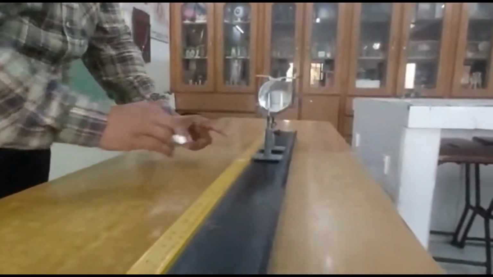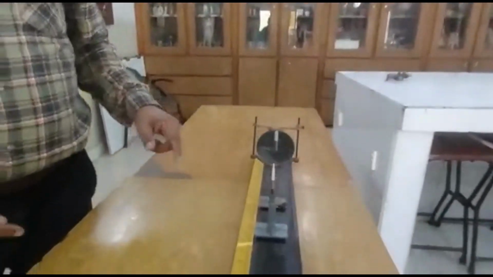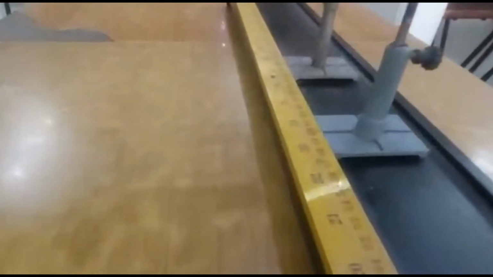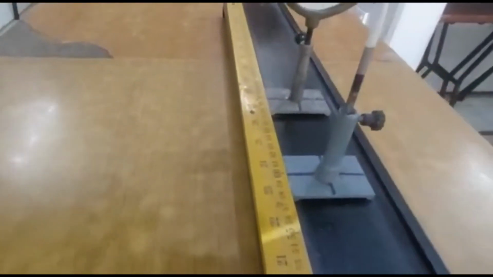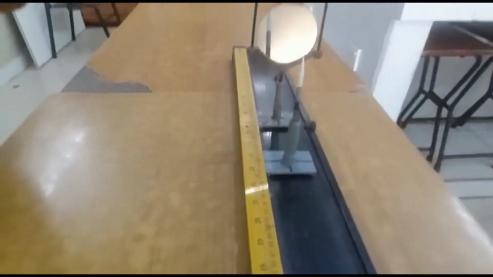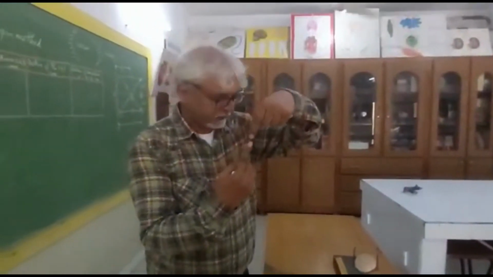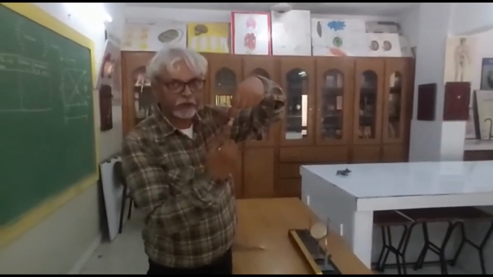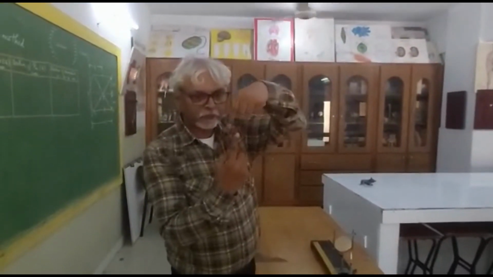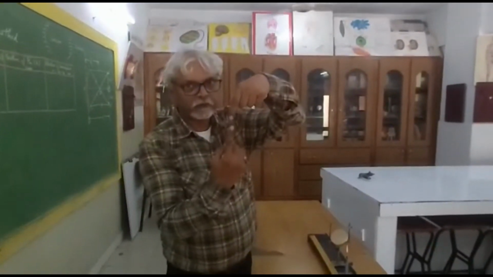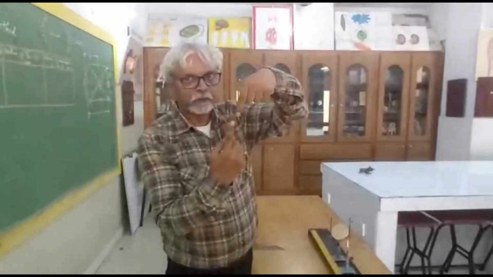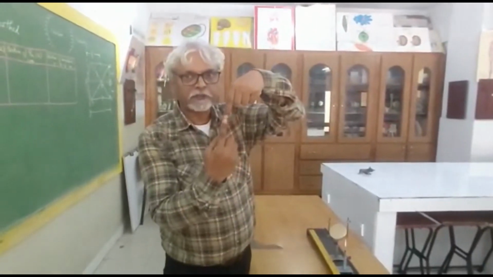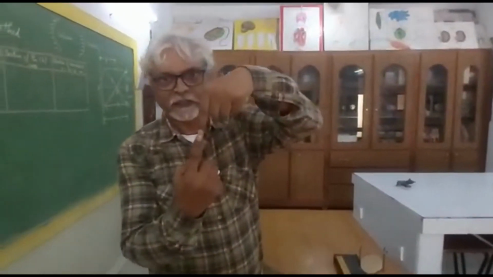Both the object and the image, the tips need to coincide this way, and when I move my head left and right, they should move together. It's not that the image is moving; the object will obviously remain as it is. The tip of the image and the object should be in line, and when I move my head, they should both be moving together.